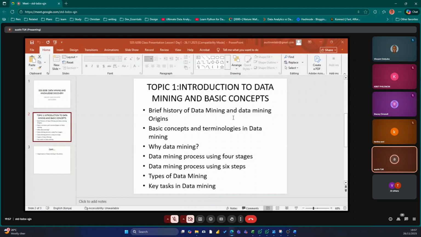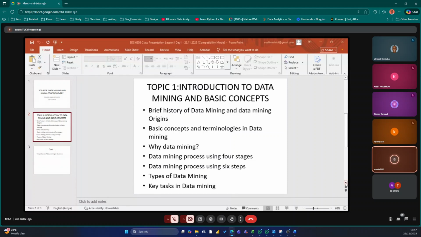I may decide to use regression. I may decide to use prediction. And also, I may even decide to use time series analysis, predictive. In descriptive, I may decide to use clustering. I may decide to use summarization. I may also decide to use what you call association rules. That is about relationships. I may also decide to use what you call sequence analysis.